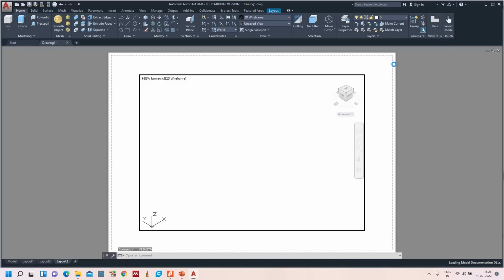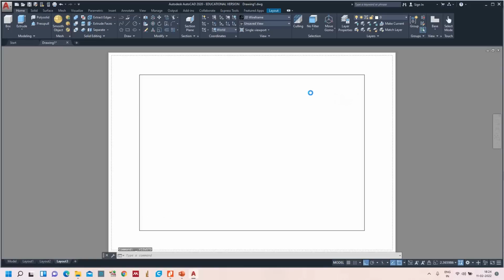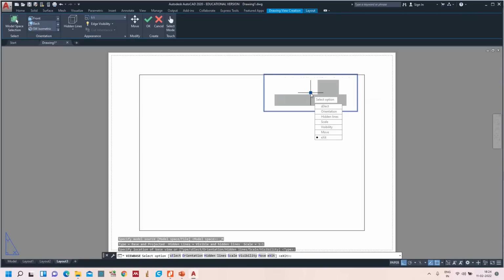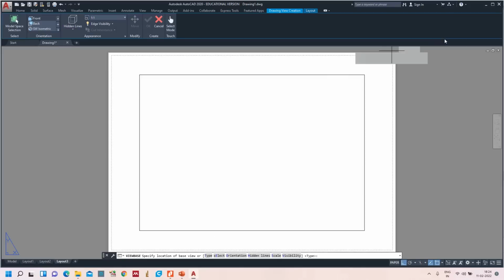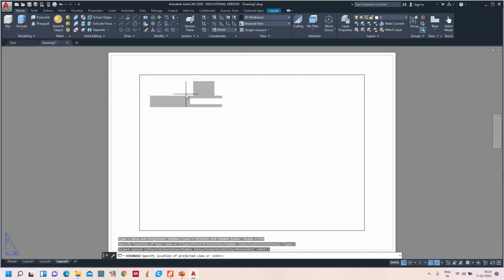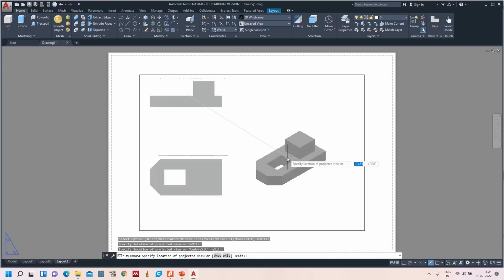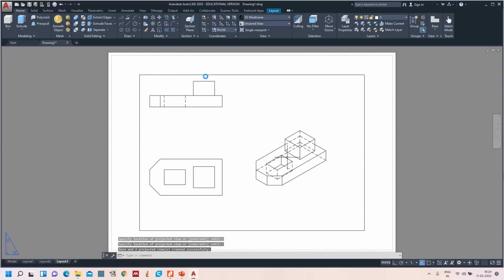Base from model space. Place it here. Enter. Just click it here. Okay, this is not the right way because some details are not so clearly visible. Base from model space. I am starting from here this time. Enter. Click it here. Yes, this is the correct one. As we know,